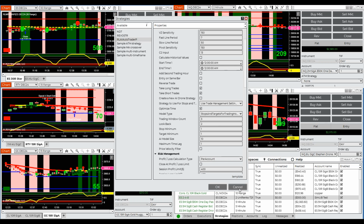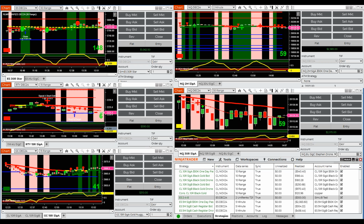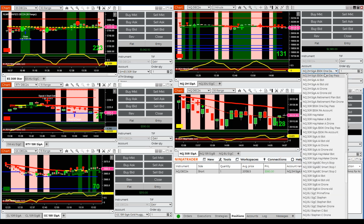To take it a step further, once the trade is triggered, if you have charts up, the strategies can run with no charts, just so you know. However, if you have your charts up, you'll see the trade, you'll see the stop and the profit target projected right on your chart. Let me see if I'm in any positions. Yeah, I'm in a position on the 2-minute retirement plan. So if I go to this 2-minute signal A retirement plan,